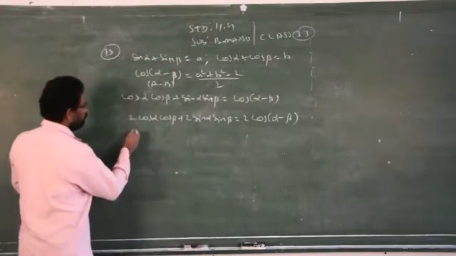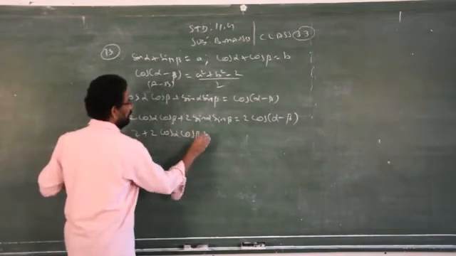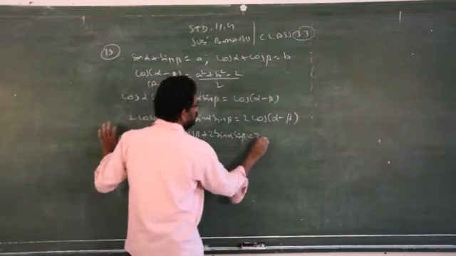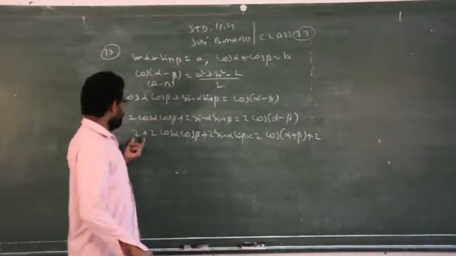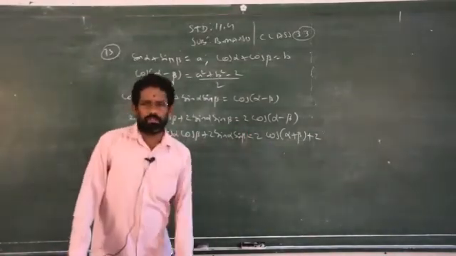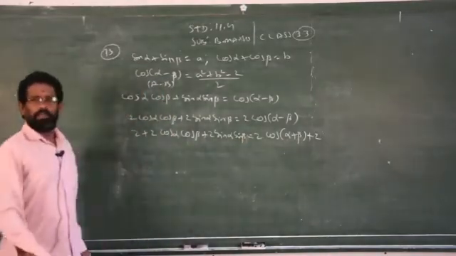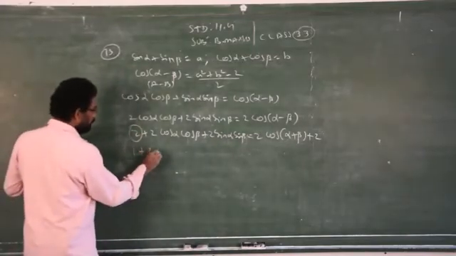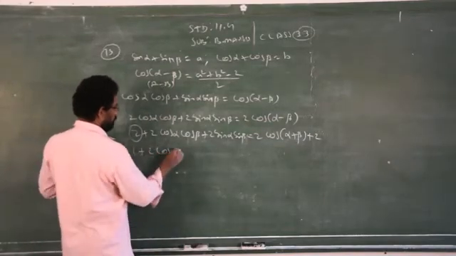So when I am adding 2 on both sides, I get 2 plus 2 cos alpha cos beta plus 2 sin alpha sin beta is equal to 2 cos alpha minus beta plus 2. So when you add 2 on one side, you must add the same number to the right hand side also, then only the equation will be balanced. If you add only on one side, then it will not be balanced, that is wrong. So again I am replacing these 2 by 1 plus 1. I am just splitting the number 2 as 1 plus 1.